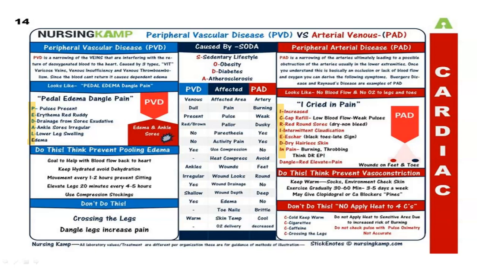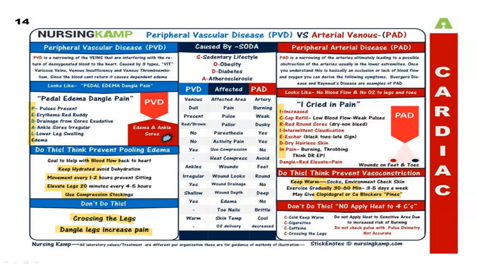So because of Virchow's triad, right, we want to restore blood flow. We want to keep them hydrated. We want to make sure that they are early ambulating, and we want to make sure that we're elevating the extremities, and we're going to use SCDs, and then the big NCLEX ones are don't cross your legs, and then don't dangle your legs. On PAD, we've talked about it's the I cried pain, basically things you're looking at. Keep them warm, right? Make sure that they're exercising, that we can use our vasodilators and our antiplatelet medications, and then